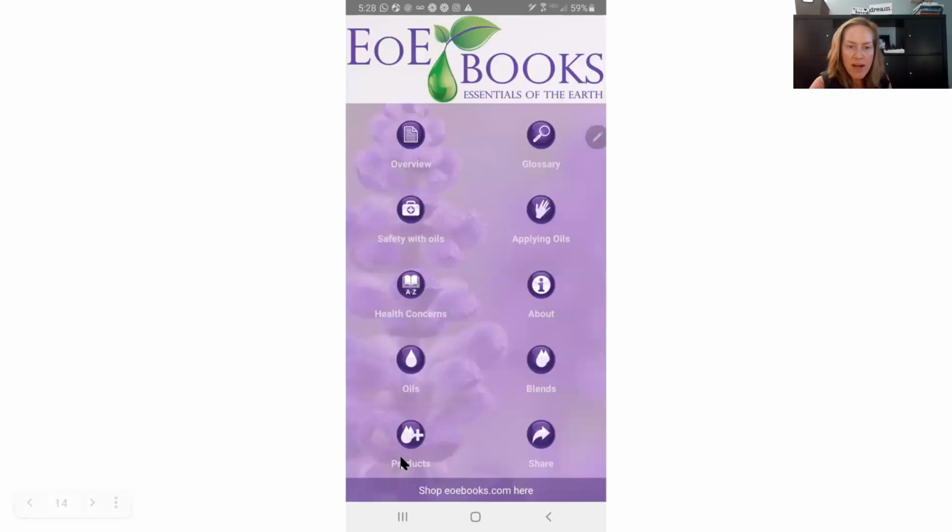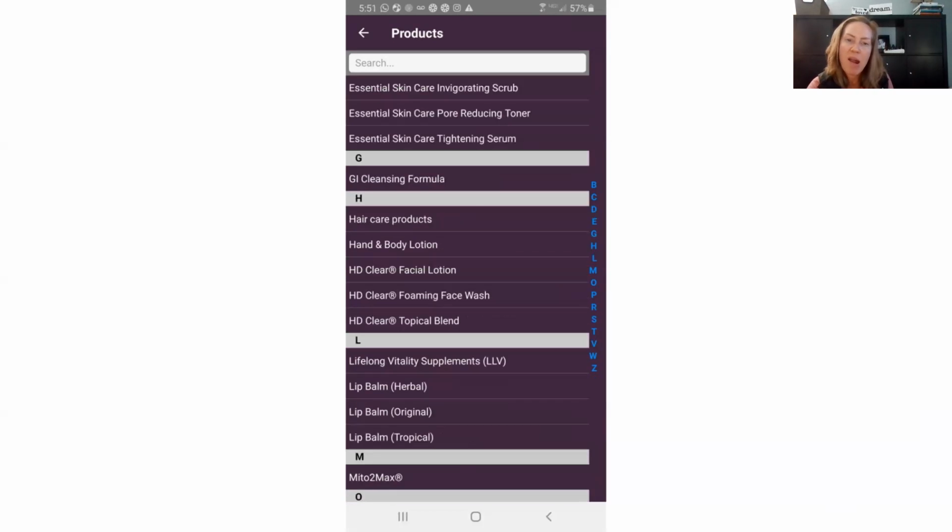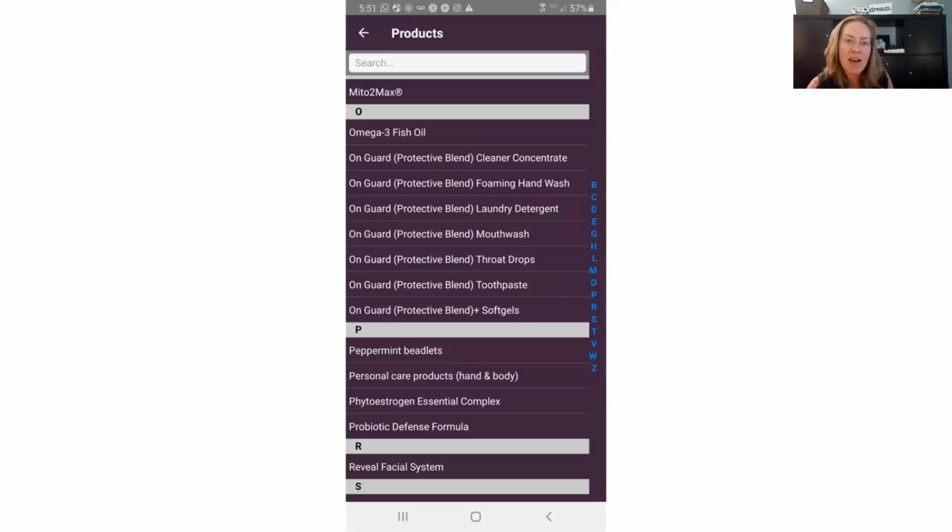All right, next one we're going to go through right here just briefly is products. And when you click on here, again, we have B through Z, all the different products that doTERRA carries. Because did you know that we're not just an essential oil company, we are a health and wellness company. So we've got all sorts of things for pain and baby products and vitamins, and we've got hair care and skin care, and all of our On Guard products are in there. So if you just keep scrolling through, you'll be able to see all the optional products that doTERRA carries other than